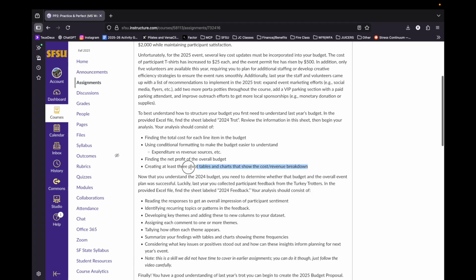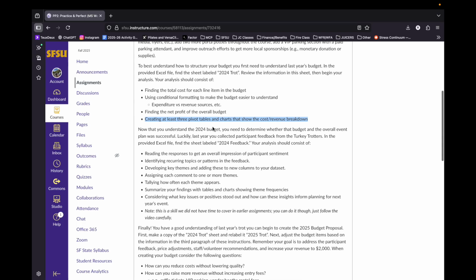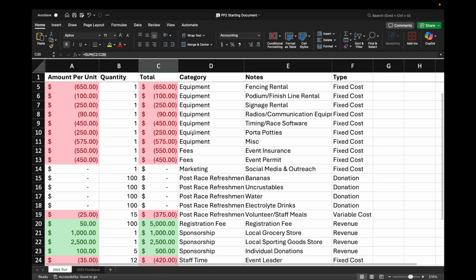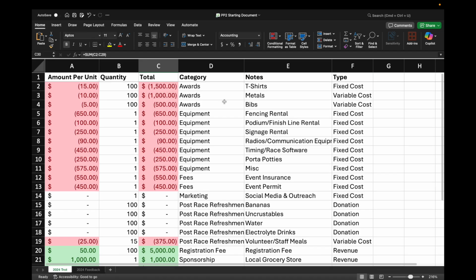The last thing that we have to do to analyze the previous year's budget is to create at least 3 pivot charts and tables that show the cost revenue breakdown. Similar to the conditional formatting, this can be totally up to you. I'll give you a couple of examples of some pivot tables and charts you can do, but ultimately this is up for you to decide what is important in this budget to show as you're making your budget for next